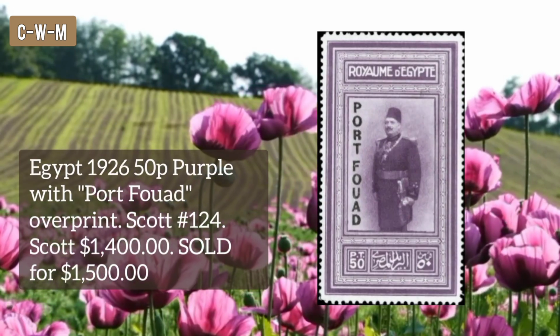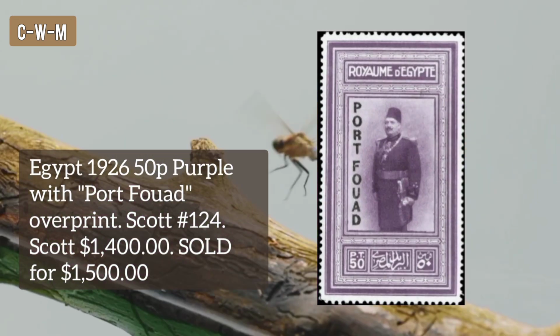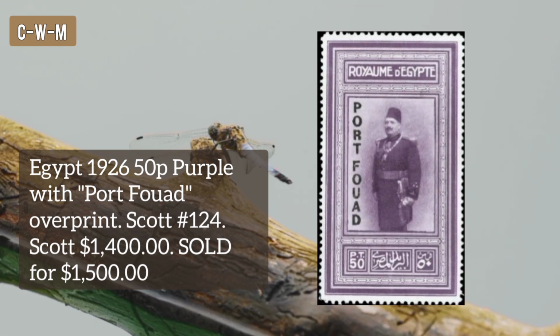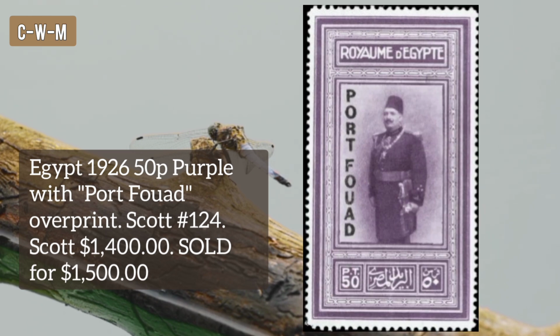Egypt stamp, year 1926, 50p purple with Portford overprint. Well centered, deep rich color, original gum, lightly hinged, very fine, an attractive example of this scarce and key 20th century Egyptian stamp, accompanied by BPA certificate. Scott number 124 and the price $1,400. Sold for